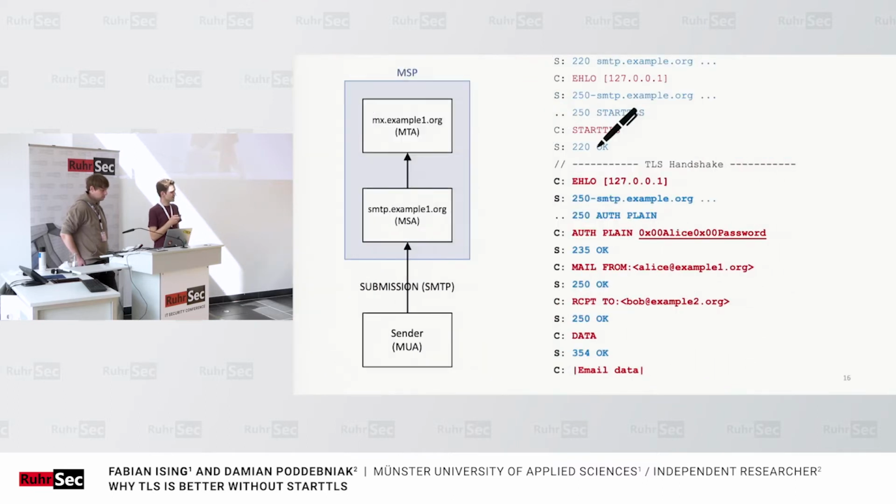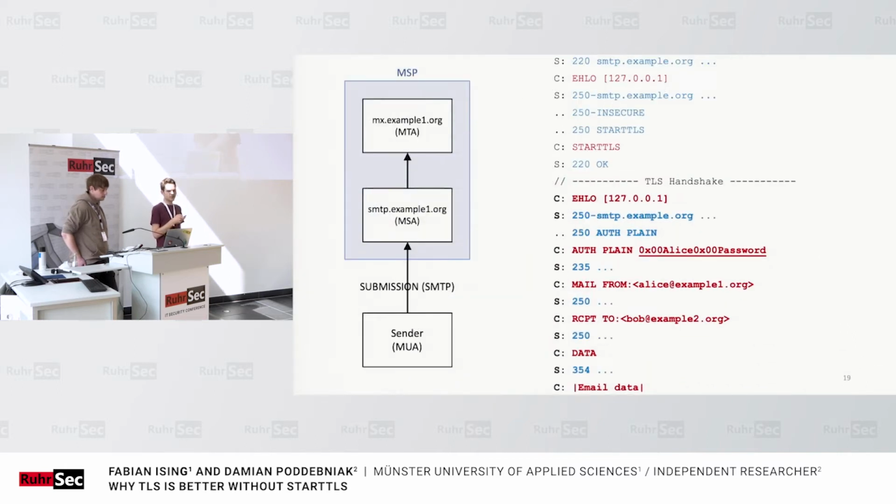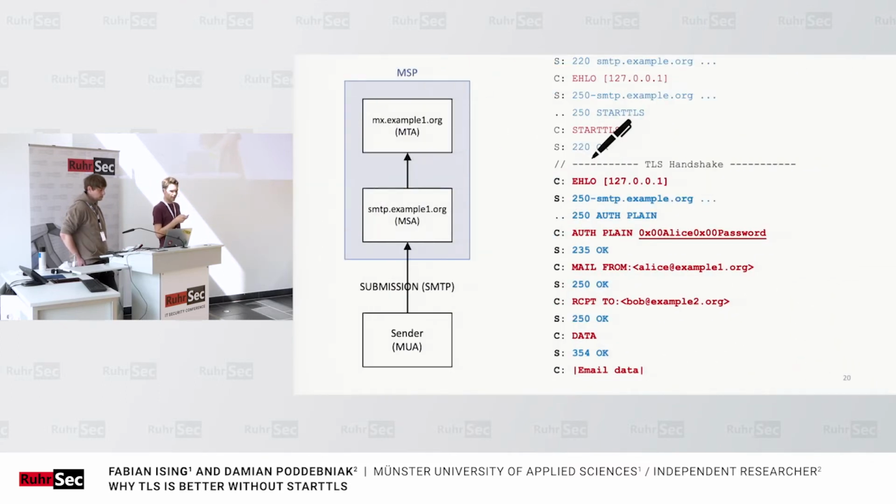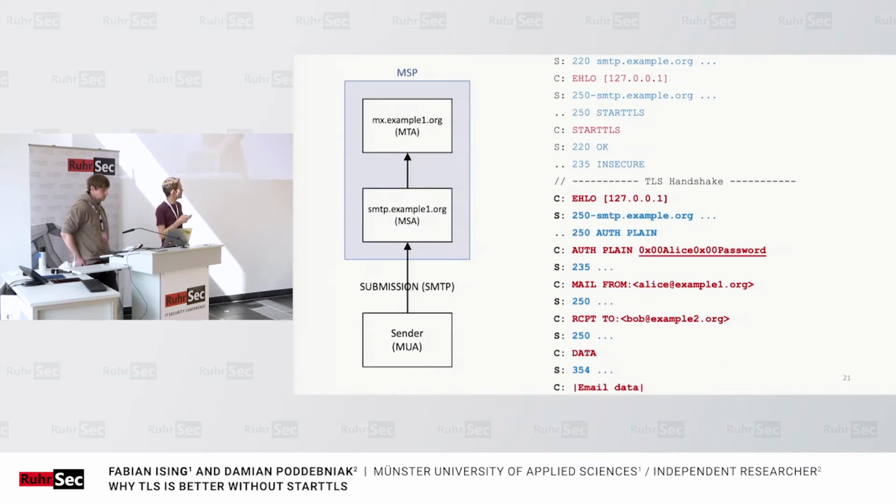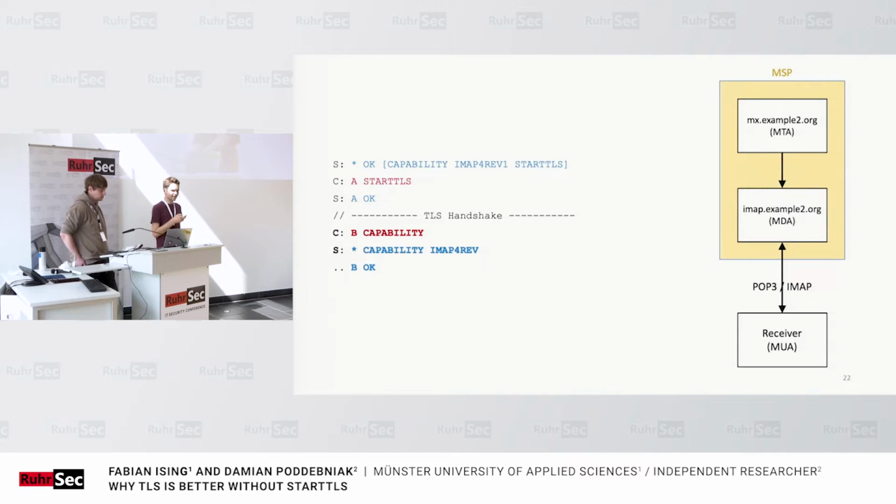But it, of course, does not stop here. What if the attacker changes something over here, like pretending the STARTTLS command failed? Or over here, like adding an insecure extension to the EHLO response that Alice might use later on? Or here, like adding some data after the STARTTLS response before the handshake that might be interpreted like anywhere. It turns out that when you start digging into the details, you will find that exceptionally many issues in real-world applications exist with STARTTLS. And of course, it does not stop with SMTP.